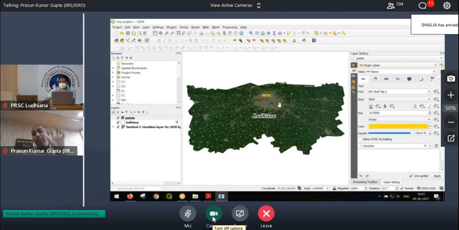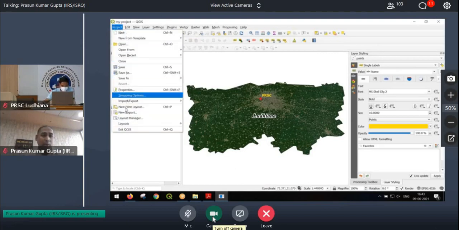Okay, so now I have my basic GIS data on the map. I have a district boundary which has a label, I have satellite data, I have the point of interest which has a label and a marker symbol. So basic stuff is there. Next I need to make a map out of it, put it into a piece of paper which I can print along with other map elements like the name, grid and all that.